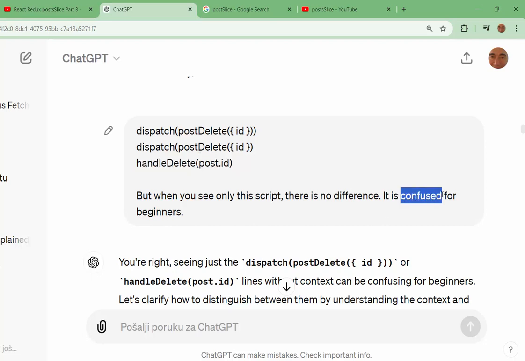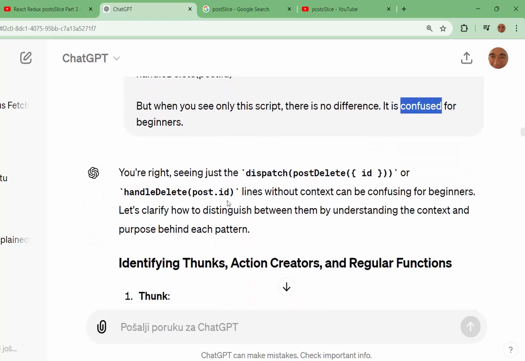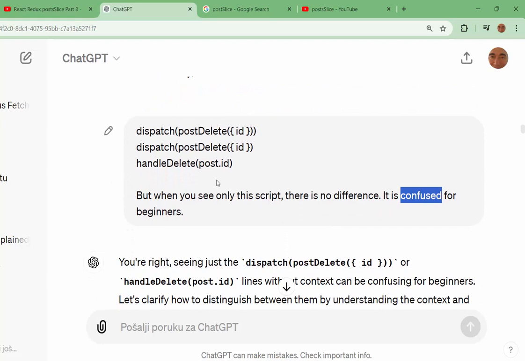It is confusing for beginners. But what I think is, what is an action creator? What is a thunk? What is a standard function? Like here, handle delete.